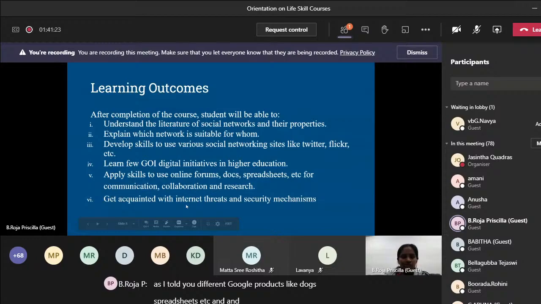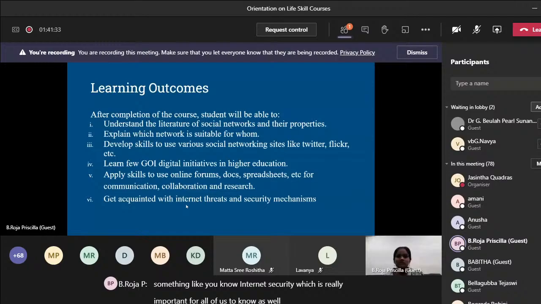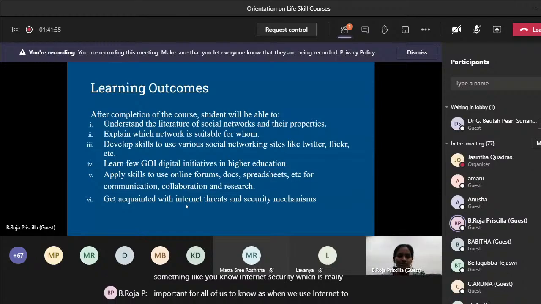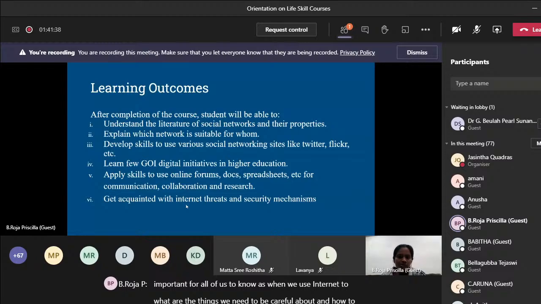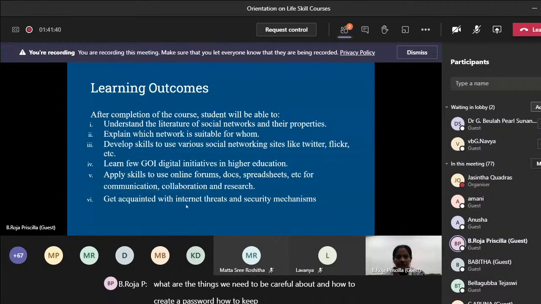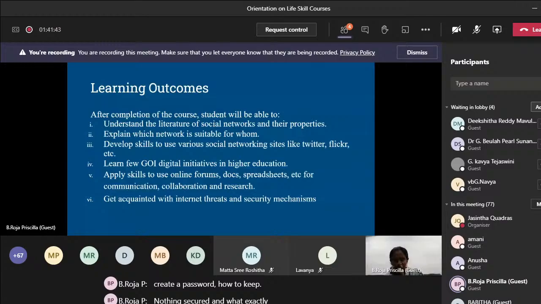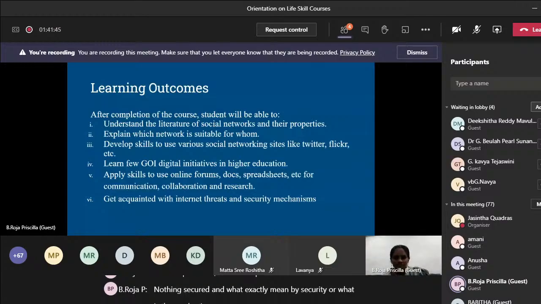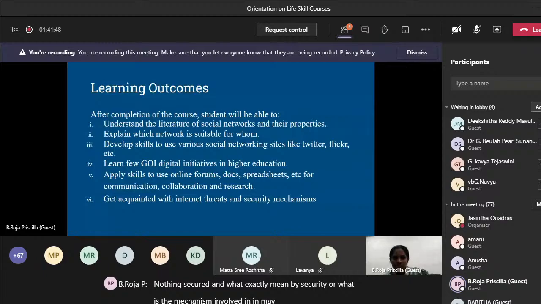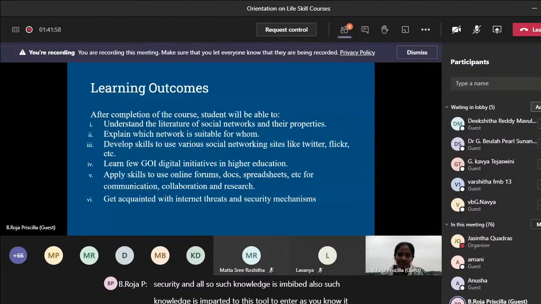The syllabus also covers internet security, which is really important for all of us to know: when we use the internet, what things we need to be careful about, how to create our passwords, how to keep things secure, what exactly is meant by security, and what the mechanism involved in maintaining account security is. Such knowledge is imparted to the student,